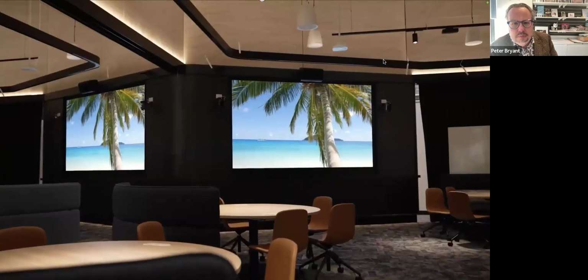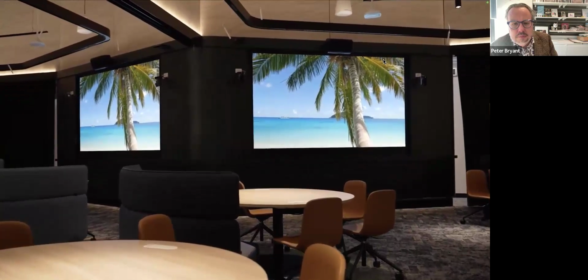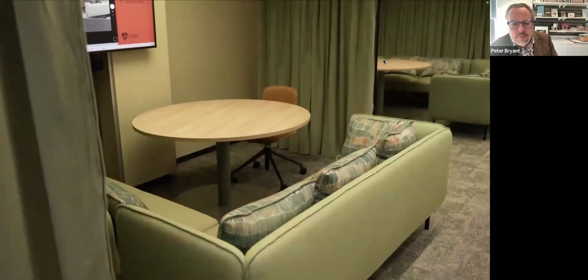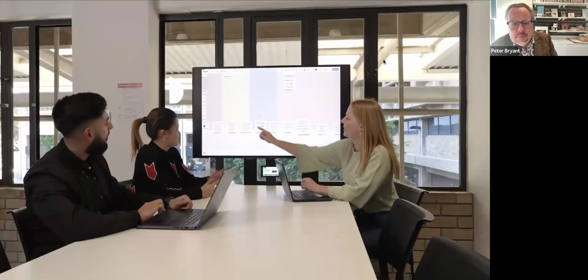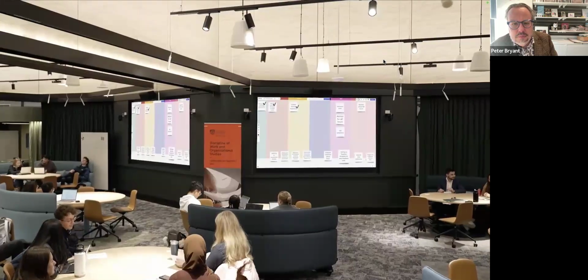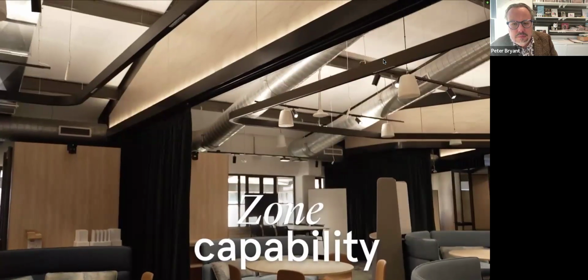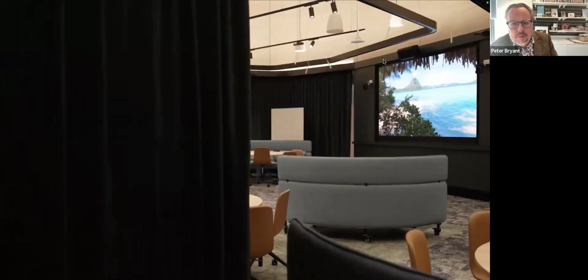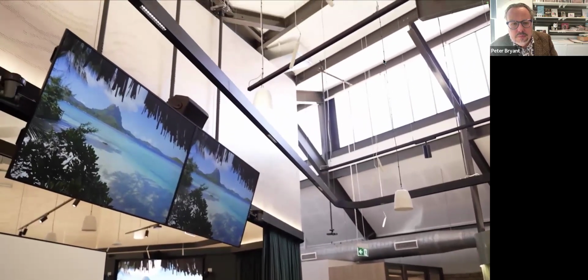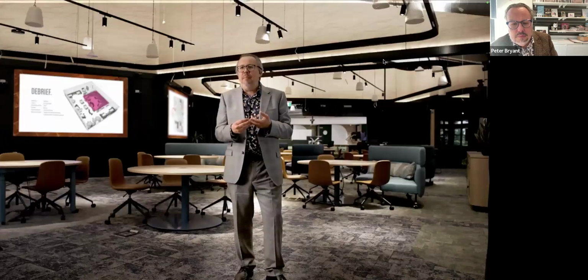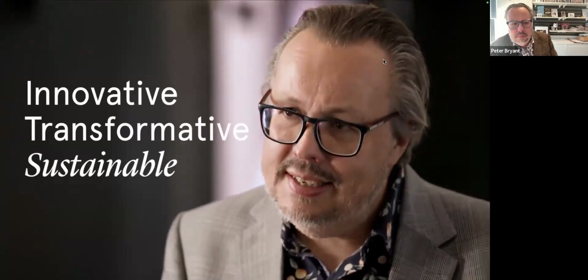It took us over a year of building. It took a number of prototyping and pilot spaces to test the kind of dynamics and interactive capabilities we wanted to put in this space. And then we pushed the boundaries of technology, of architectural design, and of furniture to come up with a space that delivered on the vision and mission, not just of Connected Learning at Scale, but of the business school's strategy to be innovative, transformative, and sustainable.